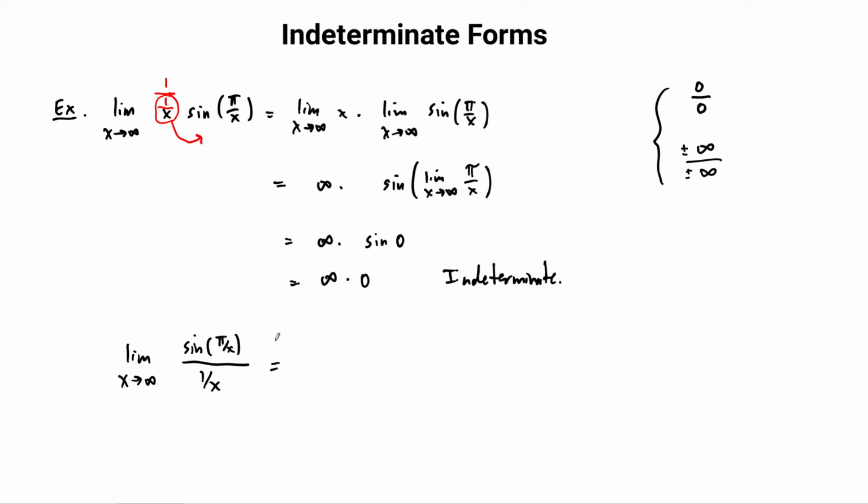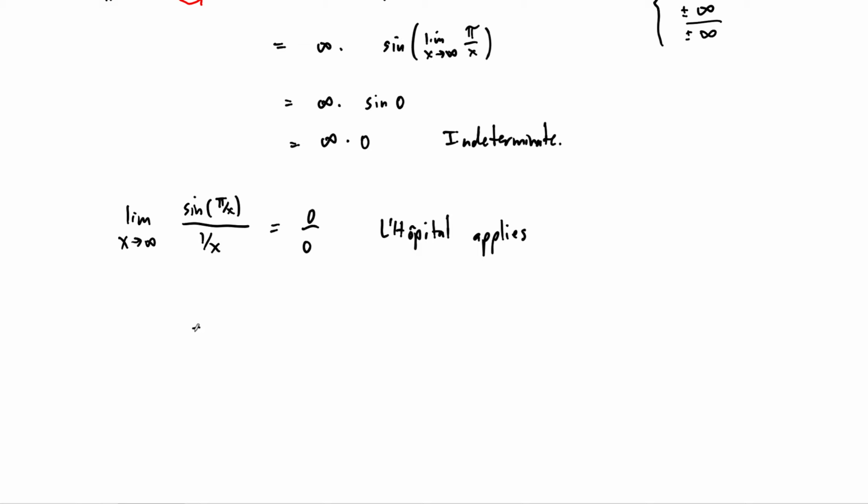And now when we apply the limits to each one of these, I'm not going to work through all the details again, but the same thing happens. We end up with 0 over 0 this time, and now L'Hopital applies. And remember, what L'Hopital's rule tells us is that if this limit exists, then it's going to be equal to the limit as x approaches infinity. So I'm going to put a little LH right here for L'Hopital. So L'Hopital's rule says that limit, if it exists, is equal to the limit of the ratio of the